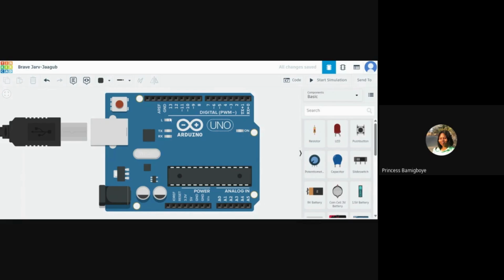Then this shows that it is working. This inbuilt LED shows that the Arduino Uno is working and it is connected to digital pin 13.